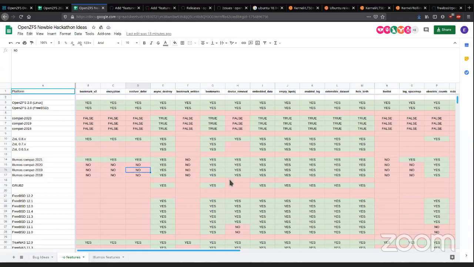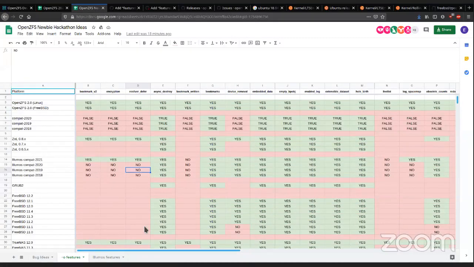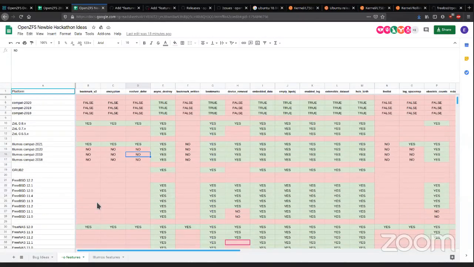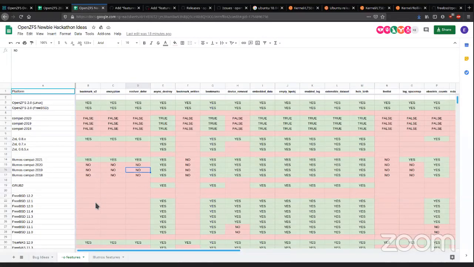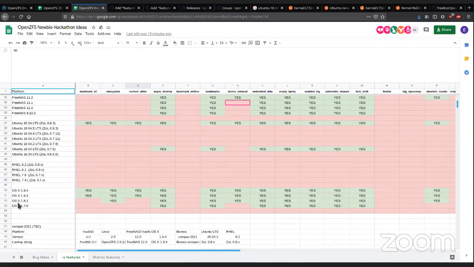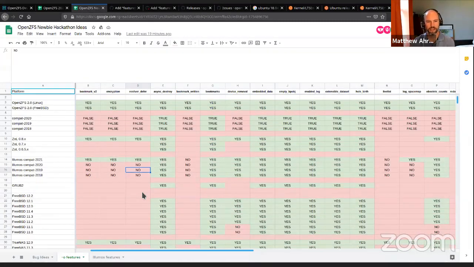Okay. So basically, we came up with this monstrosity that should have the features for most major releases: FreeBSD, illumos, ZFS on Linux, OpenZFS 2.0, then some specific distributions such as Ubuntu, RHEL, TrueNAS and FreeNAS. And we also have OS X here. We did not have Windows here, but I don't think that's going to be very relevant. We decided that Windows was not a tier 1 platform yet.